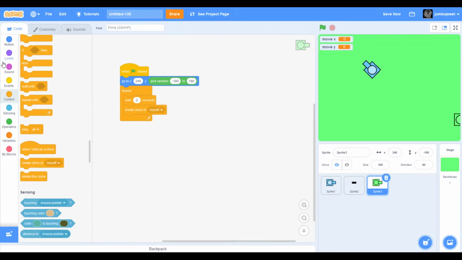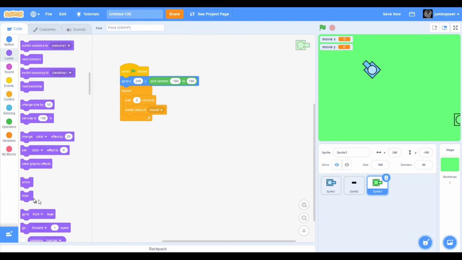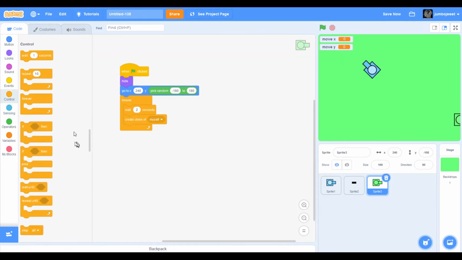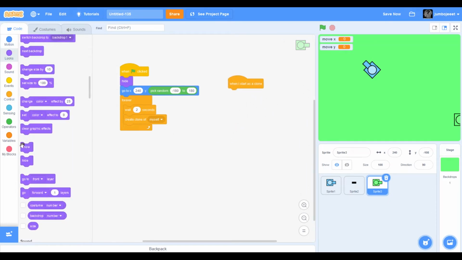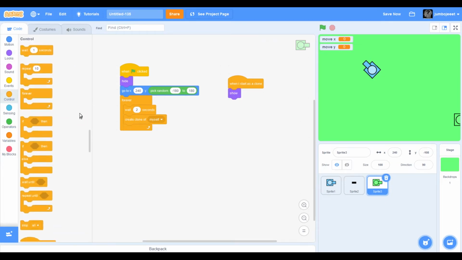And oh yeah, I forgot to hide the sprite. There we go. I hid it. When I start as a clone,